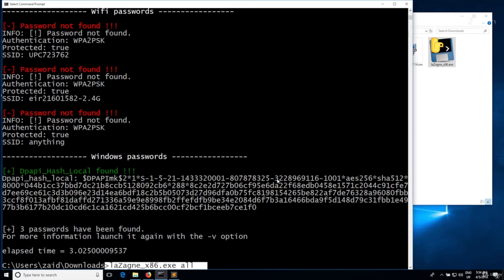Okay, now we know what Lazan is and how to use it. We also know how to write a script that can download a file on the system. We know how to execute commands on the system, and we know how to report the result of a command to our email. So we basically know everything that we need to do in order to use Lazan remotely and target remote computers. So the first step is going to be downloading Lazan from a direct link to the target